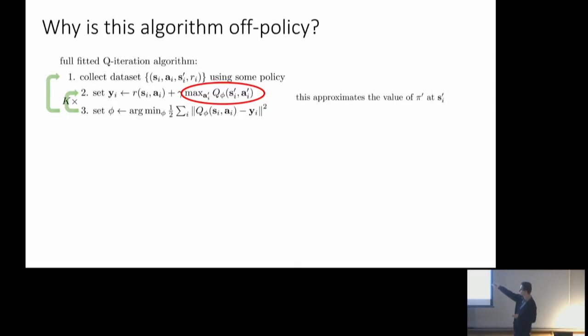The transition here, the action, did depend on some policy, but you're not estimating the value function, you're estimating the Q function. So the Q function needs to be estimated for all states and actions, so you don't actually care that this action didn't come from your policy, because you're going to have to estimate the Q function for all the actions anyway, not just the actions from your policy. So that's all okay.